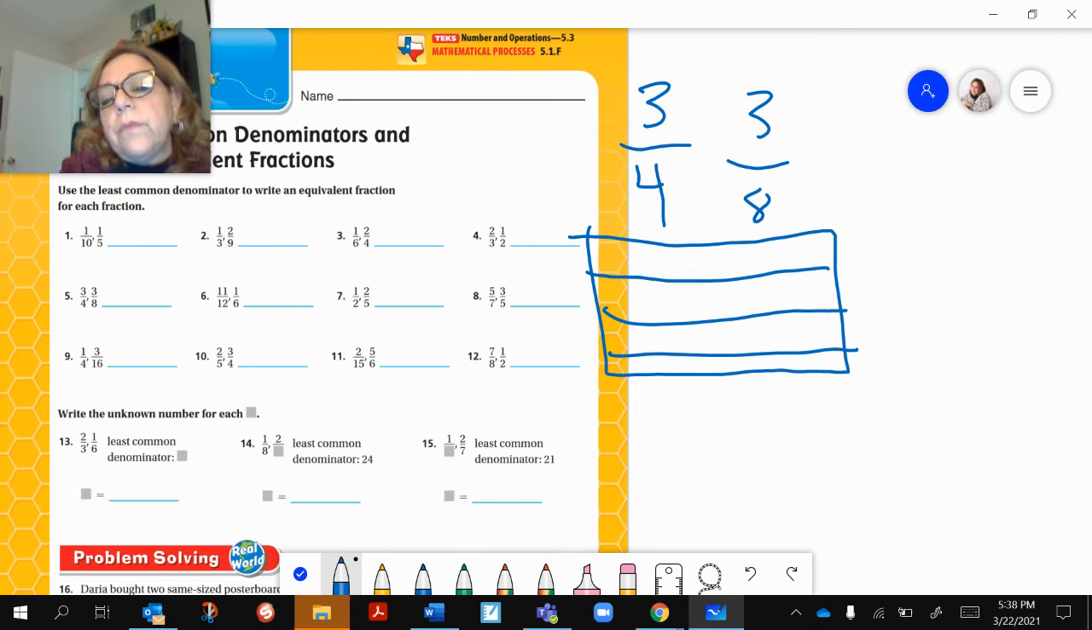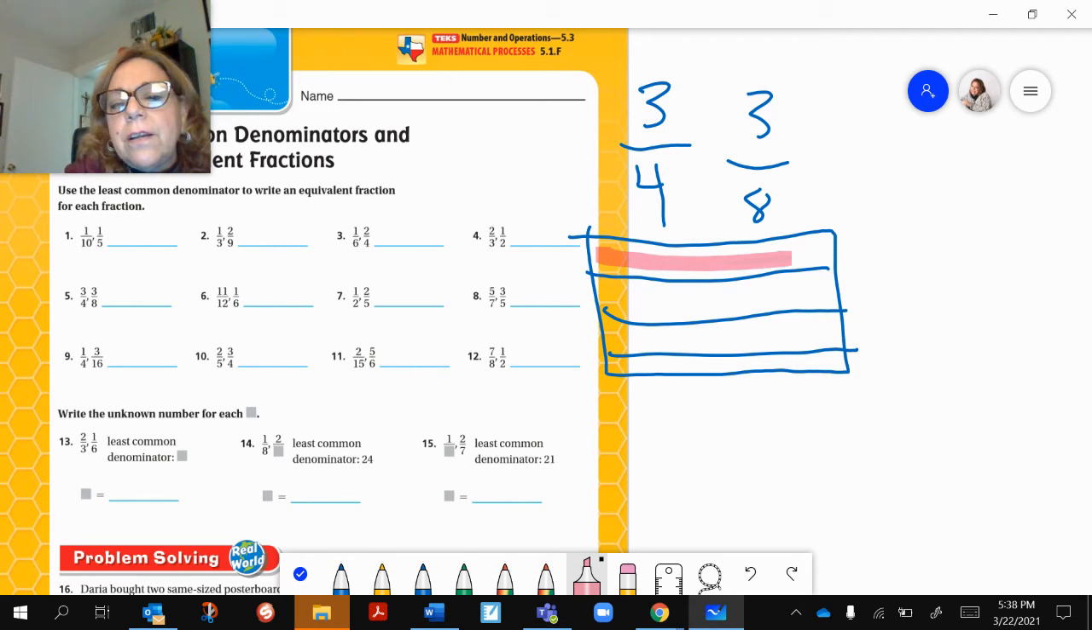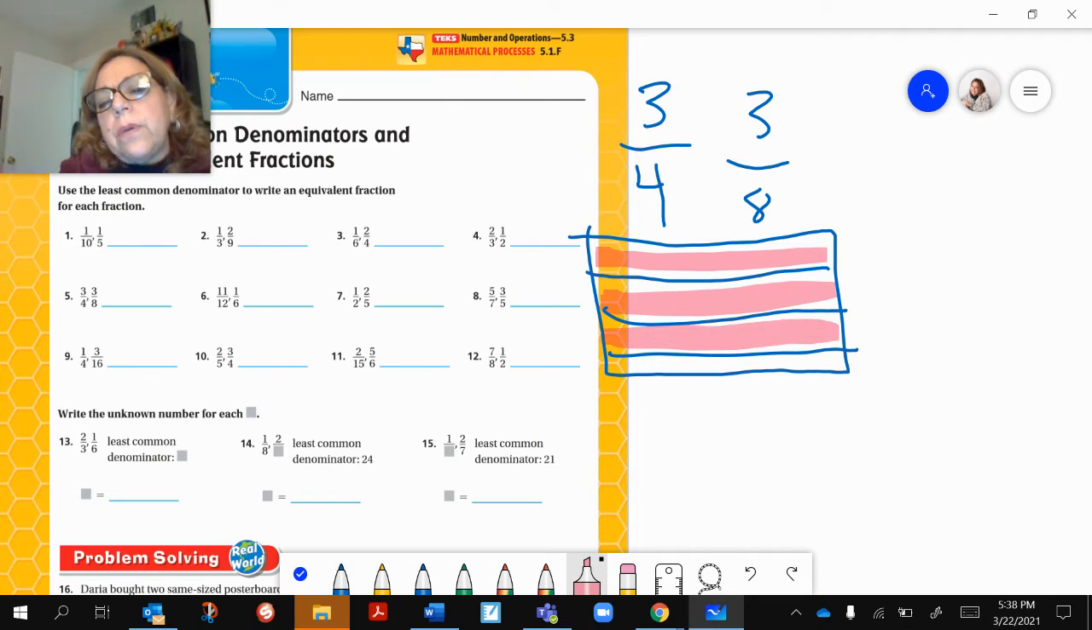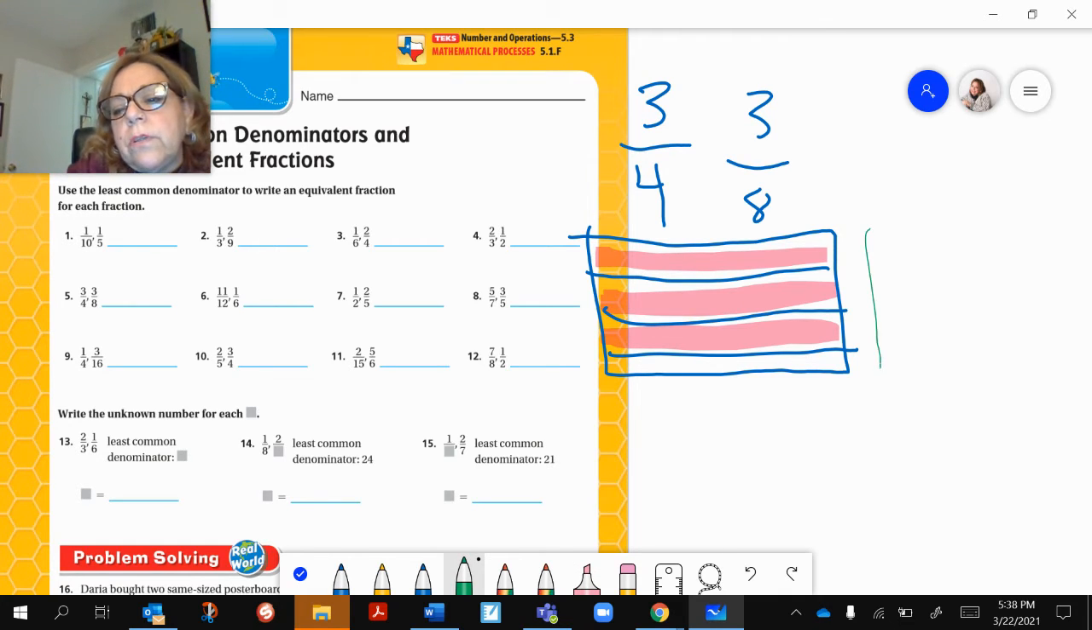There we go. We'll just do it a little messier. All right, now I'm going to go ahead and highlight over here. That's 1, 2, 3. So now this represents 3/4. Now I need to have 8. I'm going in the opposite direction. And so if I go ahead and draw out